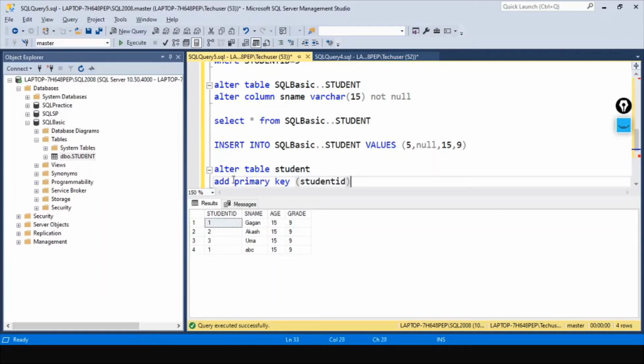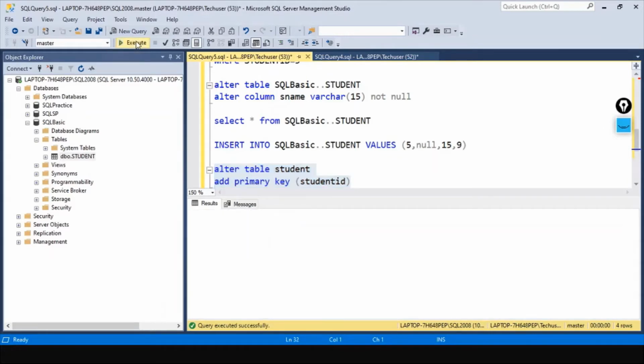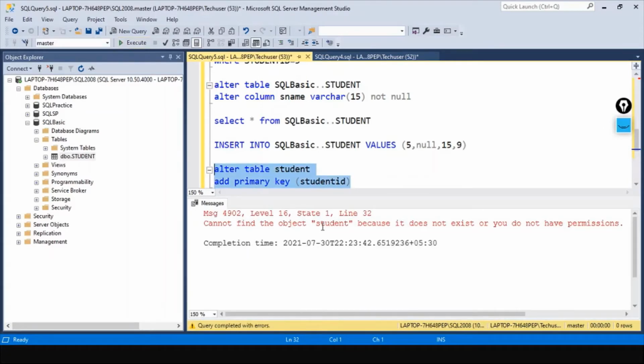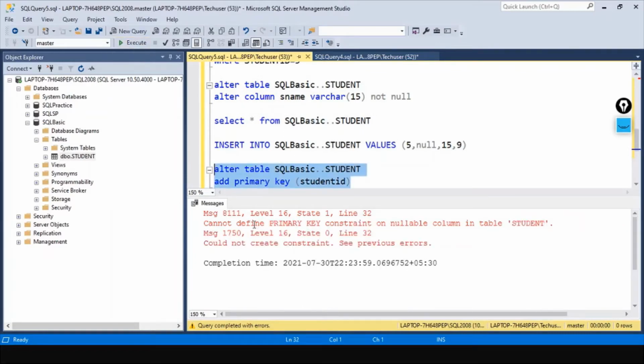Okay, try to execute, it fails. Let's see what it is. It is throwing an error: cannot define primary key constraints on nullable column in a table. Okay, what is that?